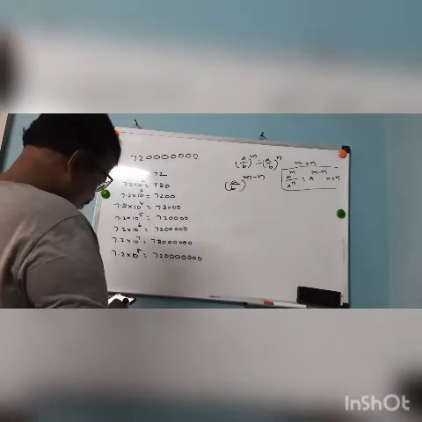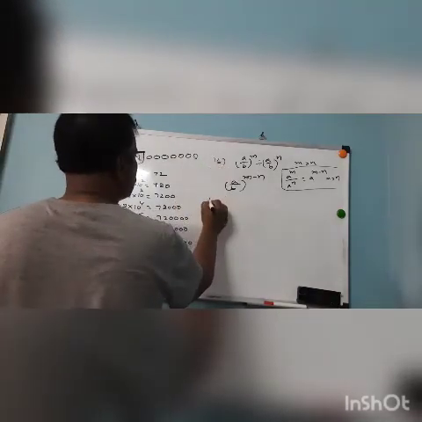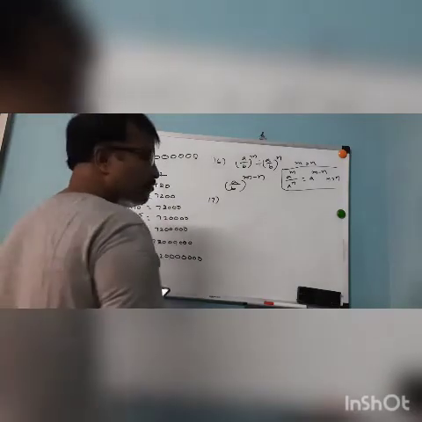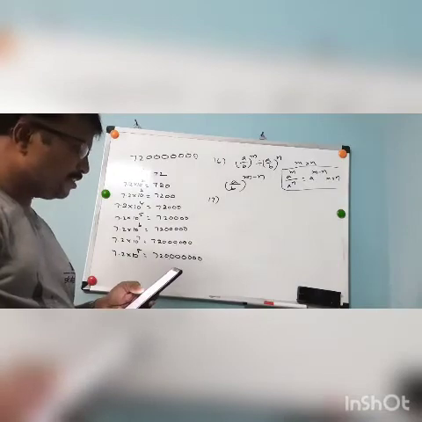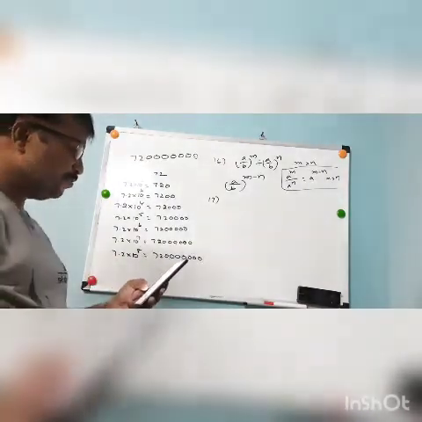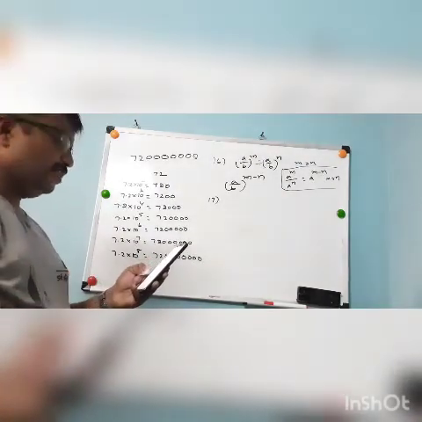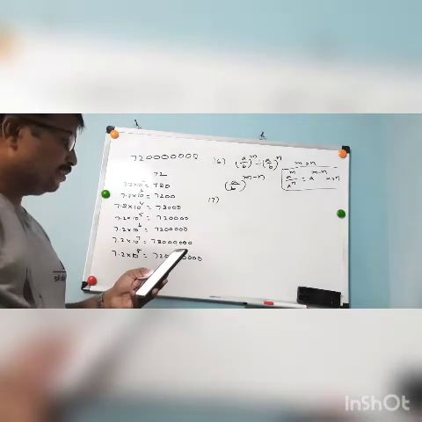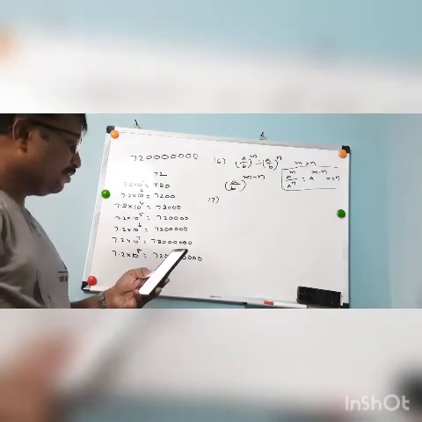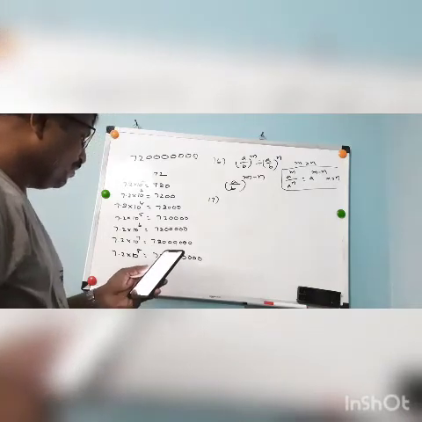Okay, 17th one. Which of the following is not true? 3 square greater than 2 cubed: 3 square means 9, 2 cubed means 8. Yes, it is right. 4 cubed is equal to 2 power 6, that is 2 square whole cubed. Right. 3 cubed is equal to 9: it's false, 3 cubed is equal to 27. 2 power 5 is 32, 5 square is 25.